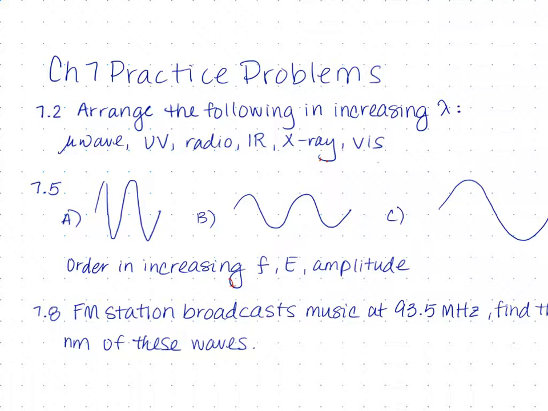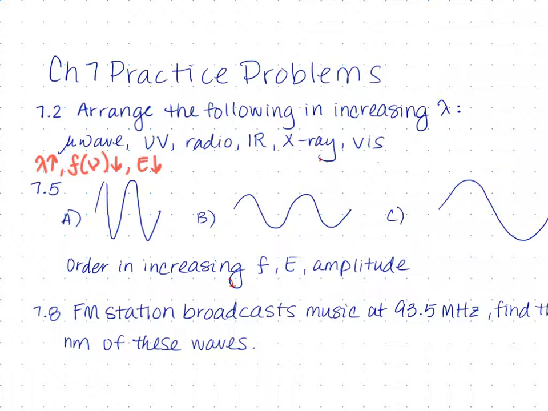Arrange the following in increasing lambda, which is wavelength. So something to remember is that as wavelength goes up, that means frequency nu goes down and energy also goes down. So as we're ordering these in increasing wavelength, we are also ordering them in decreasing frequency and decreasing energy. The shortest of these wavelengths, or the highest energy,